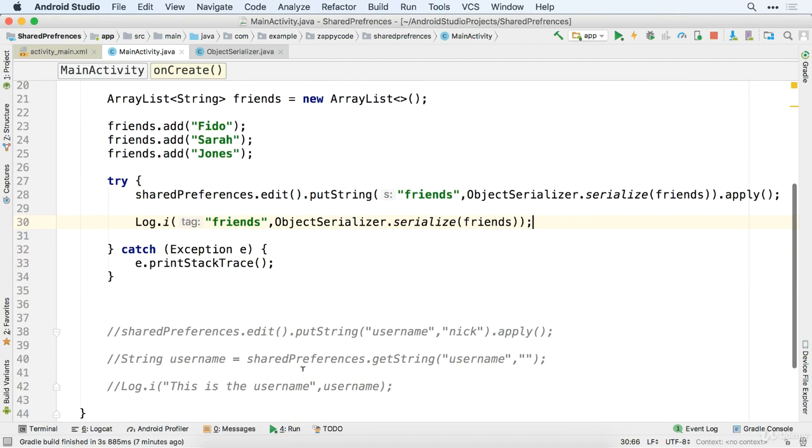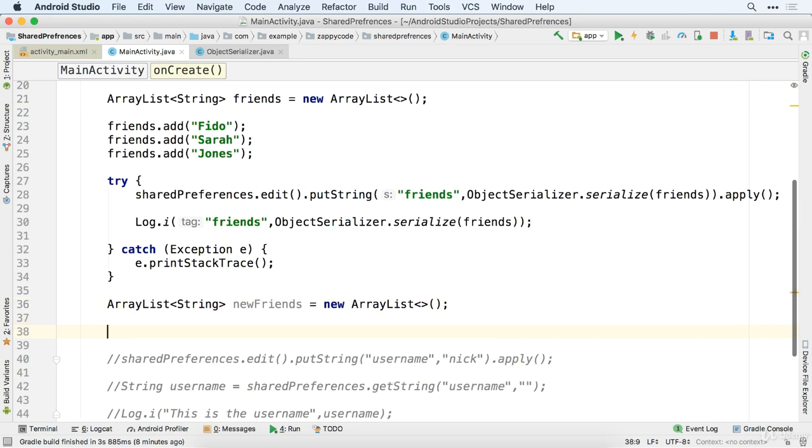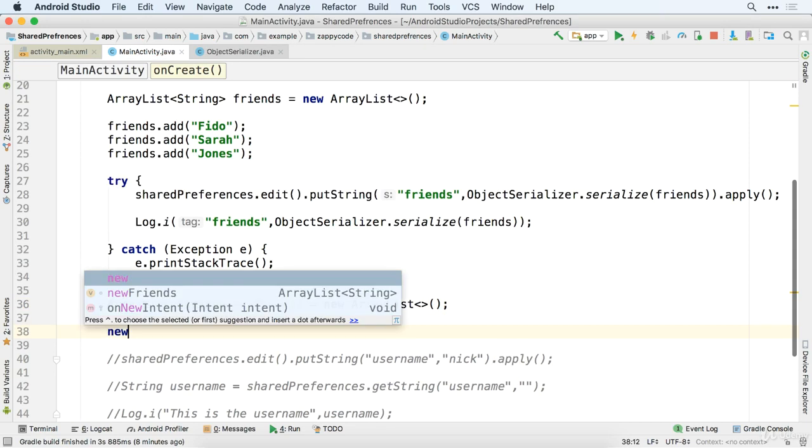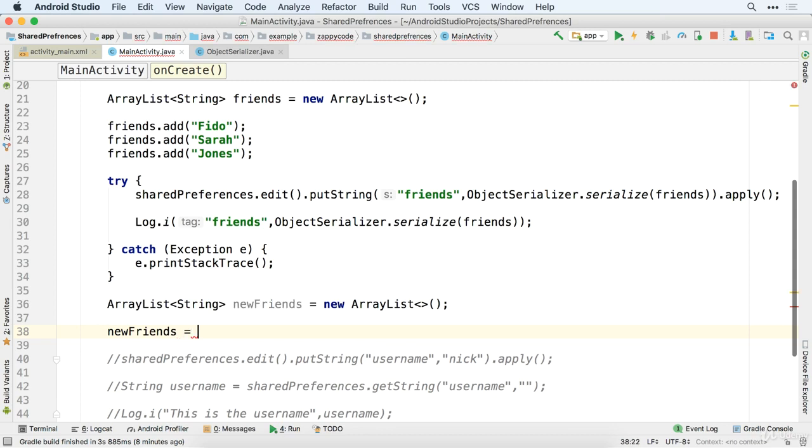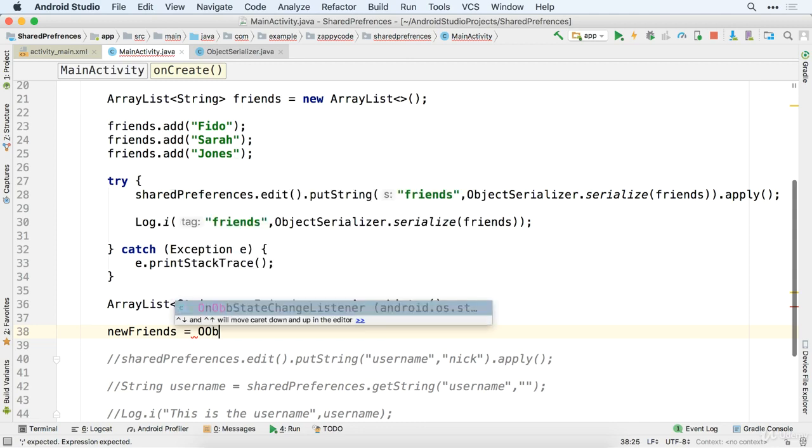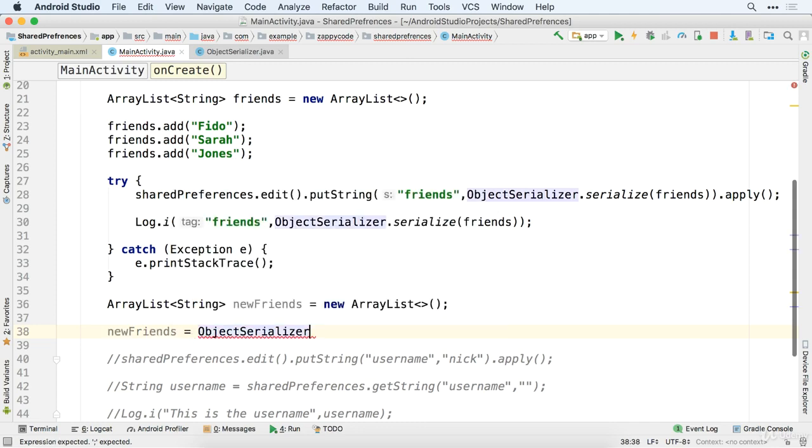But once we have this in place, let's talk about how we can then take these friends back out. So what we're going to do is create an array list of strings. Let's call this new friends, because this is going to be the information coming out of shared preferences. So we'll have this equal to a new array list. Great. And then this is the part where we take our new friends and set it equal to the deserialization of something. So we're going to say here, capital Object Serializer dot